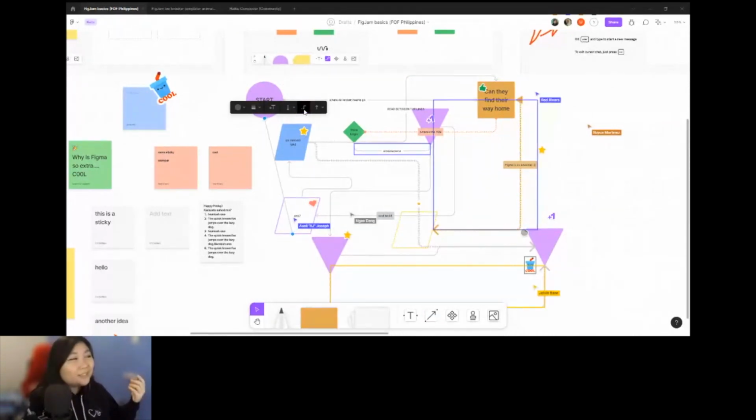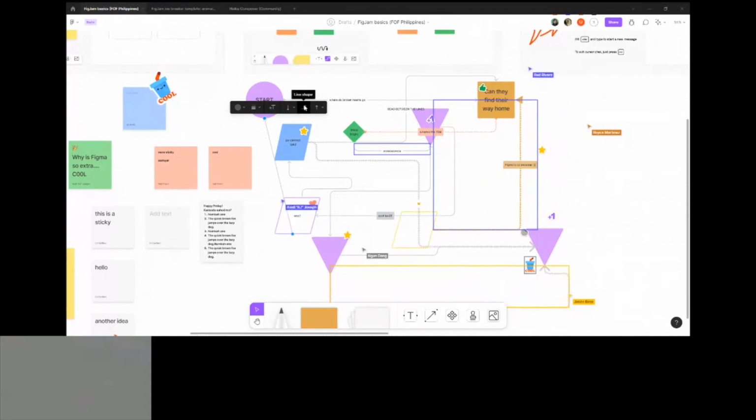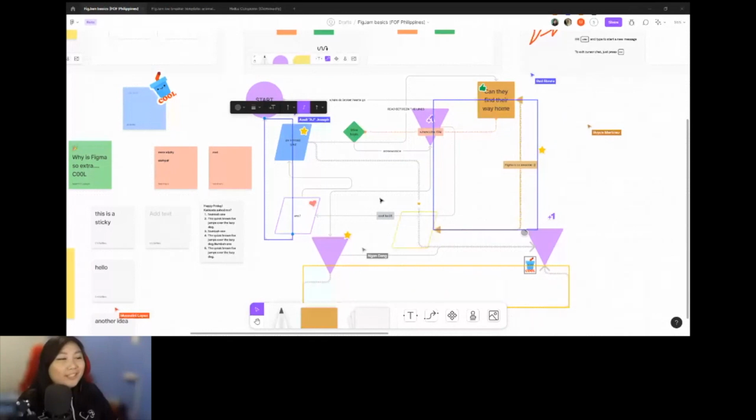what's it called? The curve, so that it's just the straight line. So it's using the shortest path. Just kidding. Okay, so yeah, so